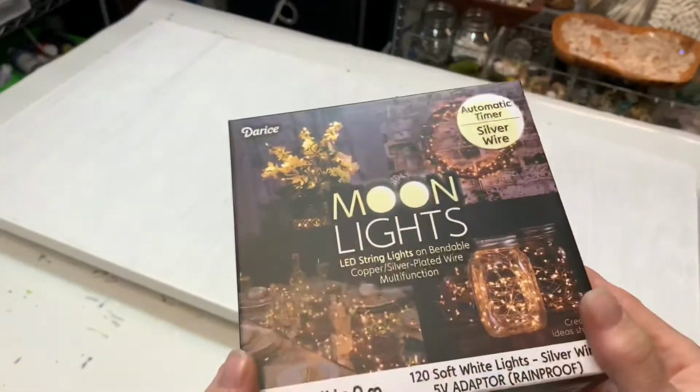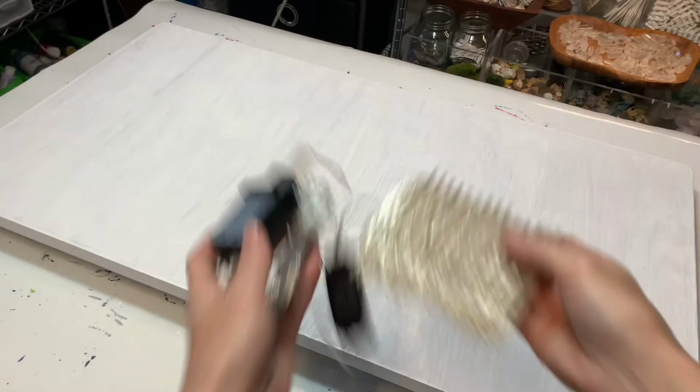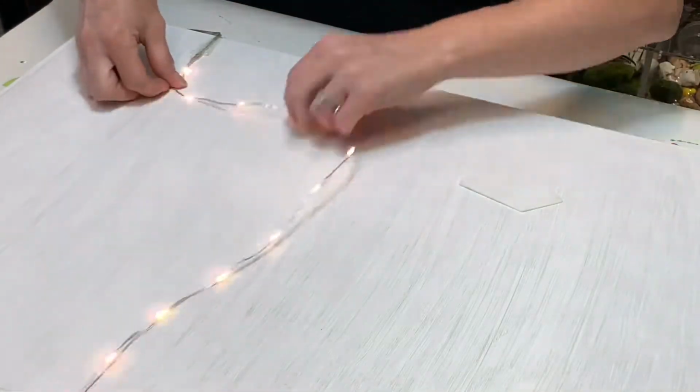So I've got my LED fairy lights. They are 120 soft white lights. They are a plug-in option because it's better than batteries. I then unravel the spool and get ready to lay out my visual design. I do hide the cord somewhere around the back side before I start out my design, and I hot glue